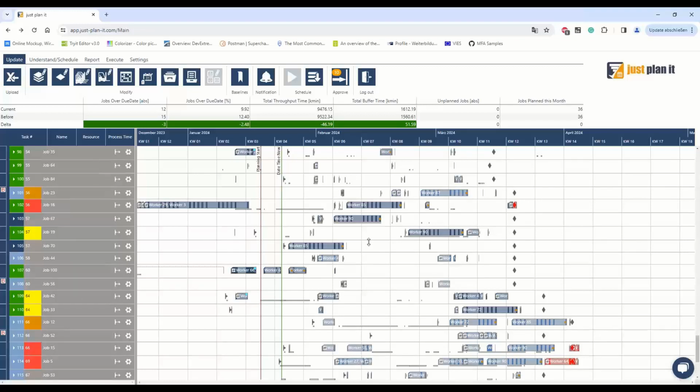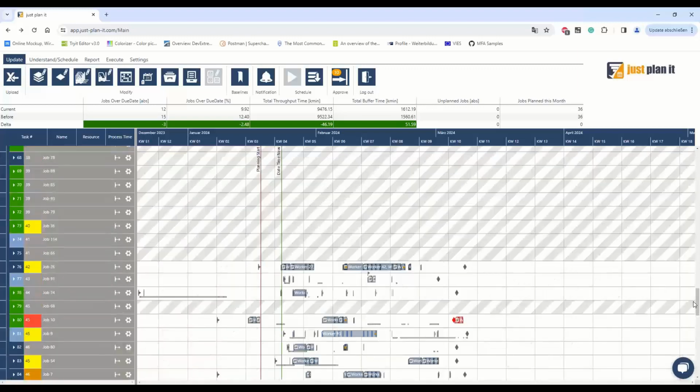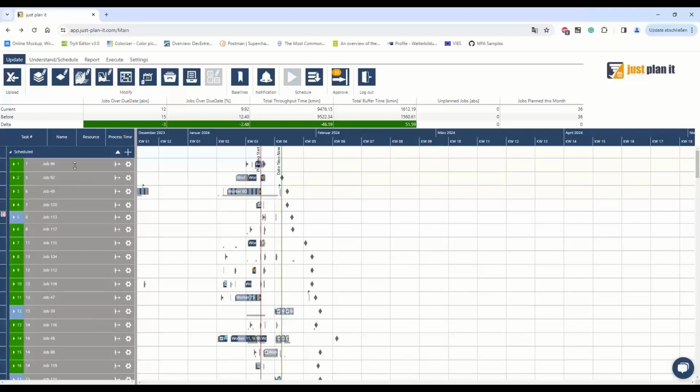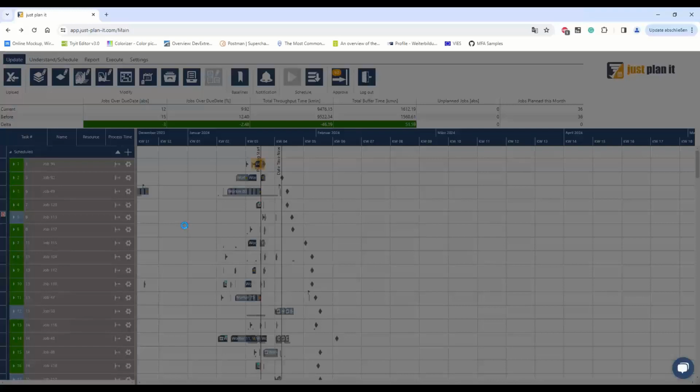But we also want to make sure that some of the jobs stay exactly where they are. And for example, we see here, if we take a look at the first line, this really has no other place to go without getting late because it's really, really close to its due date already. What we can do is right click here and say fix or include in sequence number calculation. If we hit that,